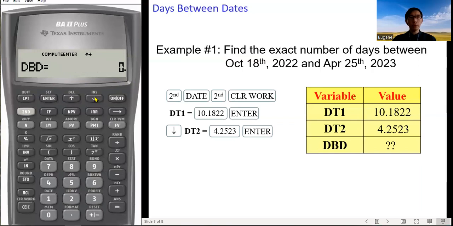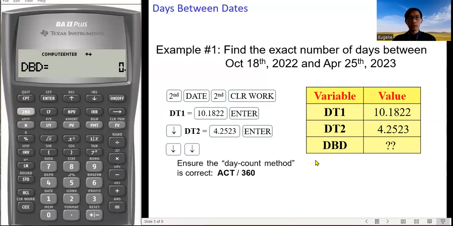Press the next arrow. We get the variable DBD. We need to compute it. But before we compute it, we make sure that we are using the correct day count method. So we want to find the exact number of days, so we want the ACT method.